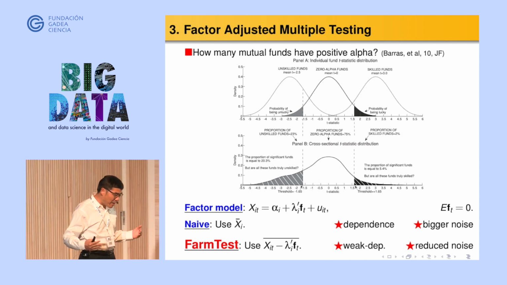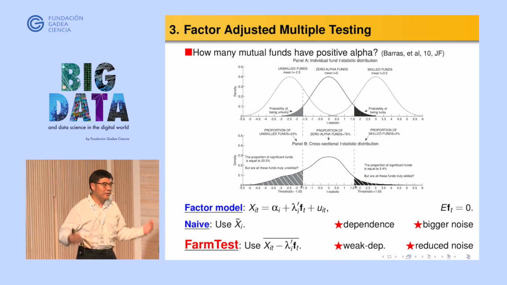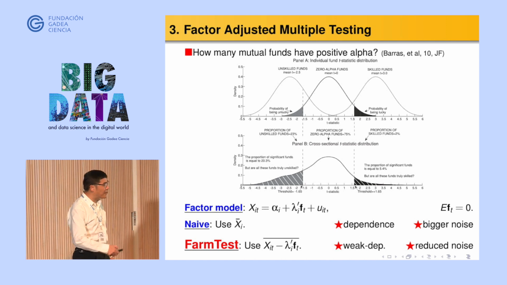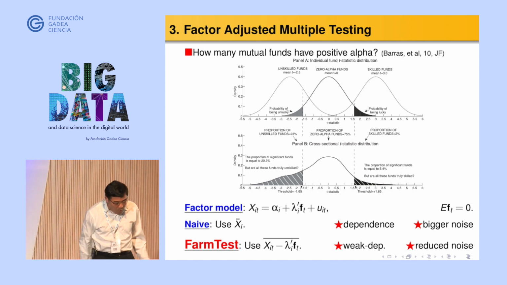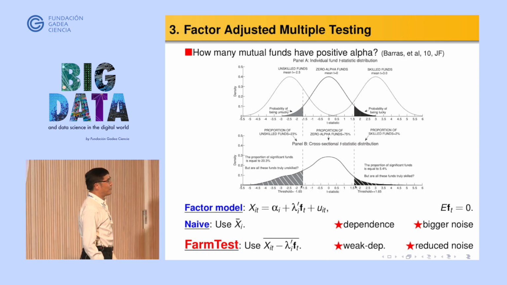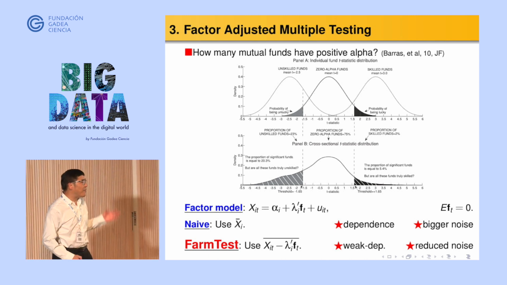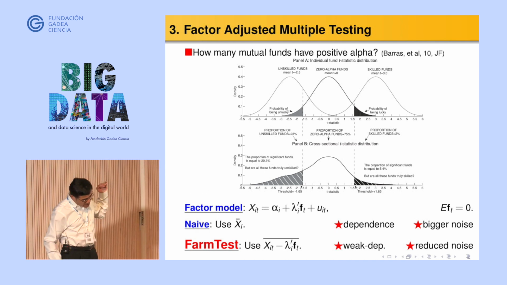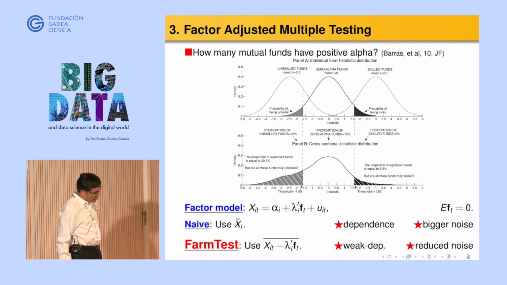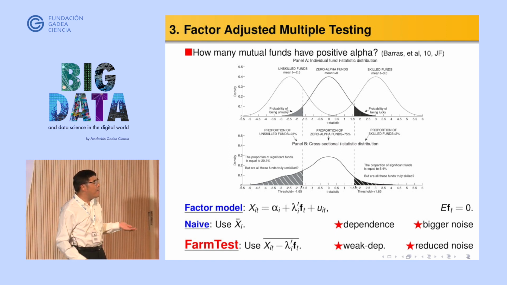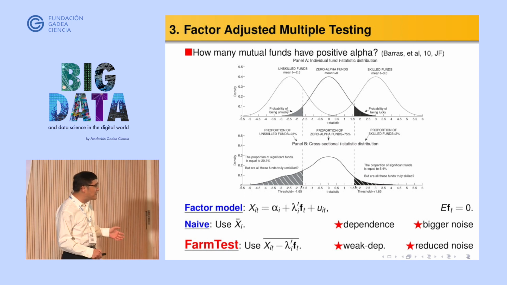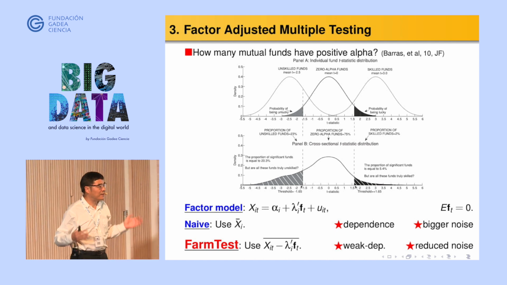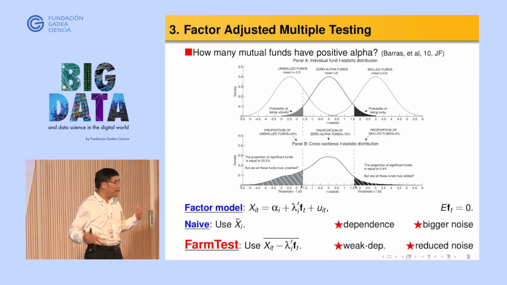Because of the herding effect and other things, even after you do factor adjustment for common market risk factors, they could still have latent factors that drive the dependence among mutual fund performance. And so this is the factor model that we are writing. One naive method is to just calculate individual sample averages, right? The bad thing about this is that these test statistics are now dependent. So when you control false discovery rates, the false discovery rate is not the one that you really want.